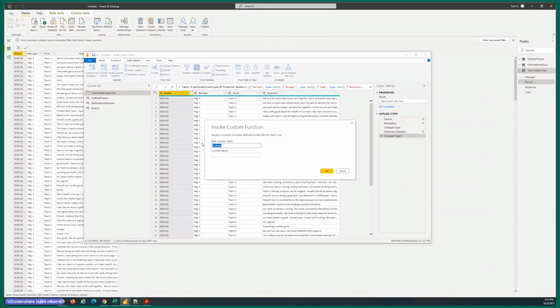And this new column name, it's asking us where do you want the output of this new function to go? So I want this output to go into a new column called key phrases.